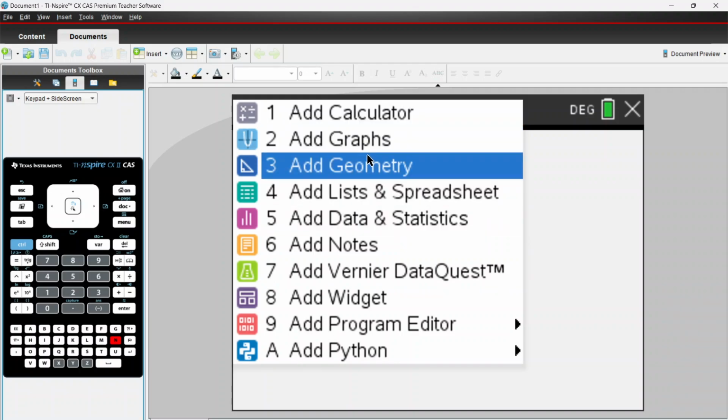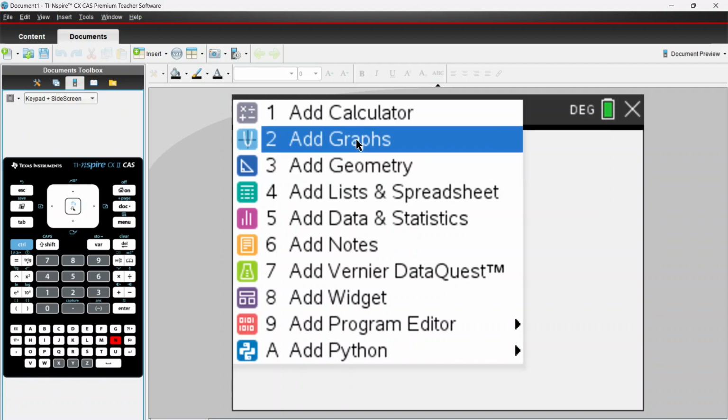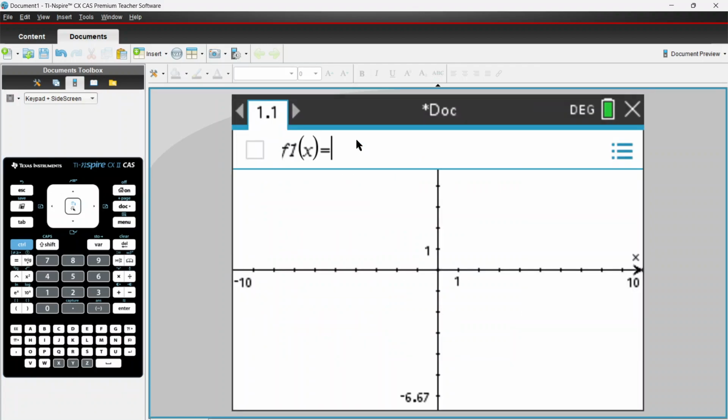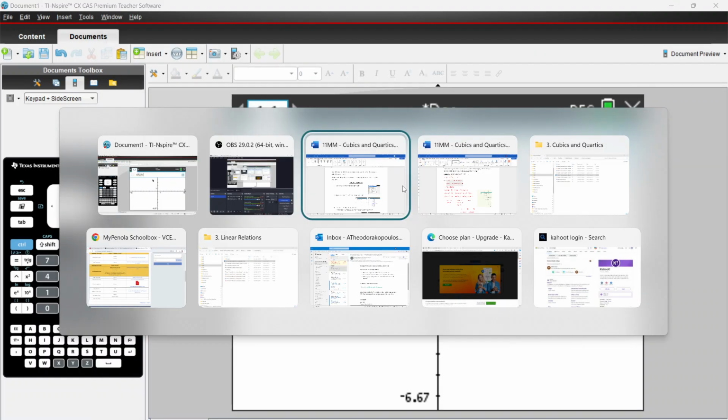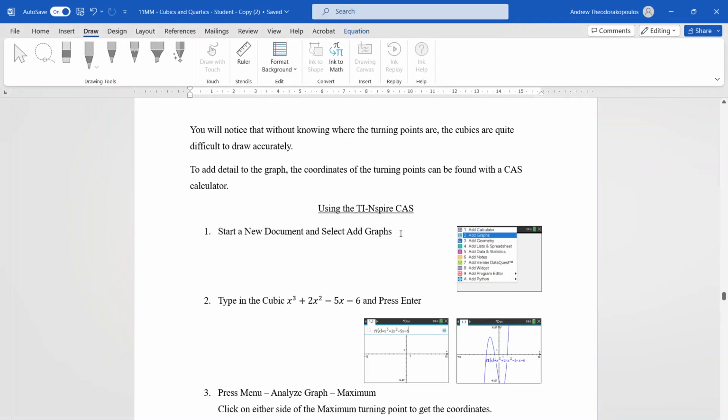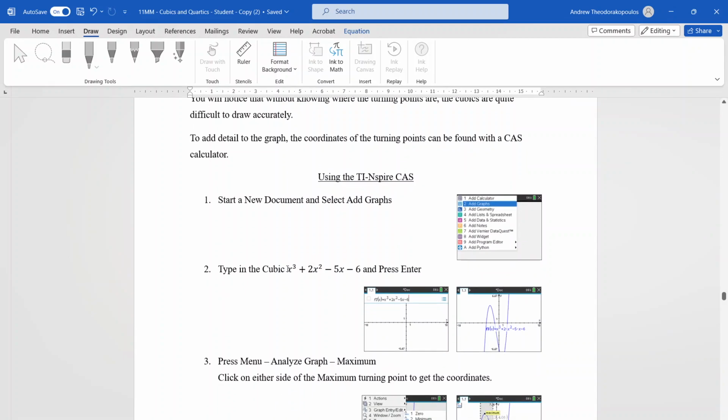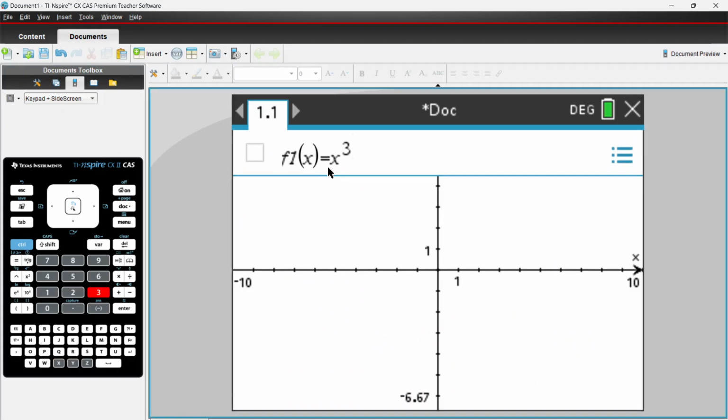If it says save or not save, you never really need to save anything, so just press no, and you click Add Graphs. What we want to sketch now is this graph here. So we want to type in x cubed plus 2x squared minus 5x minus 6. So that was the one that we just looked at. So x cubed plus 2x squared